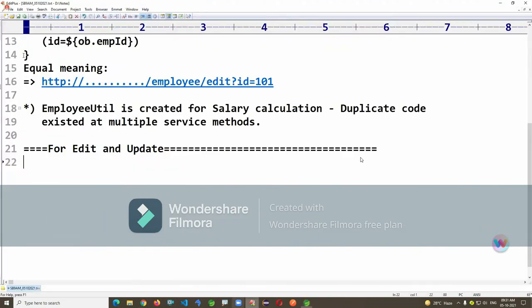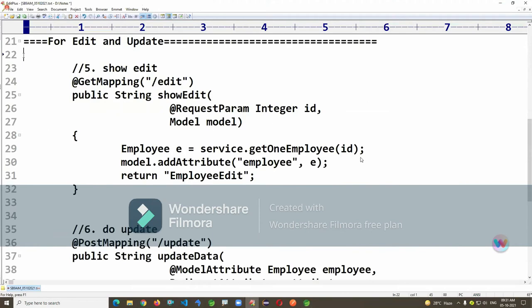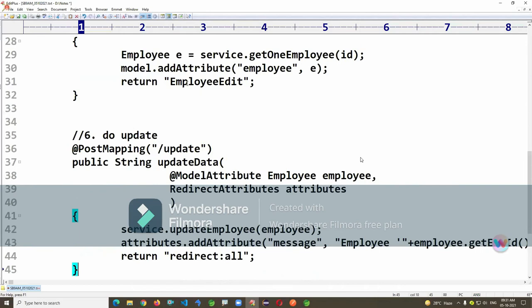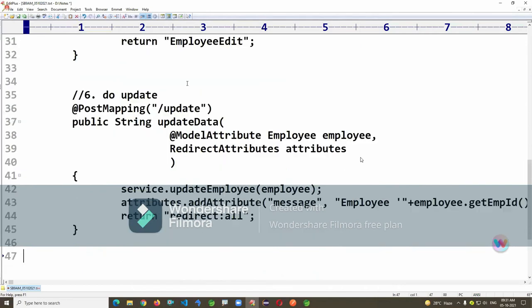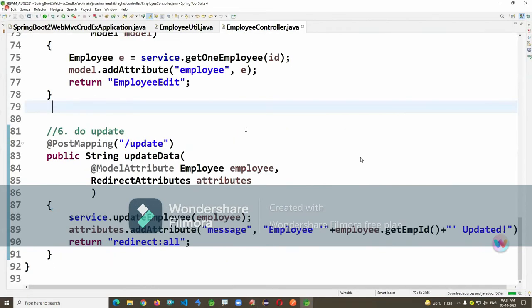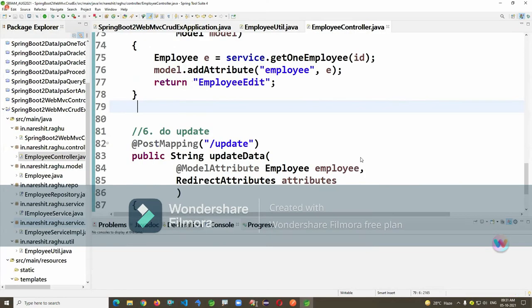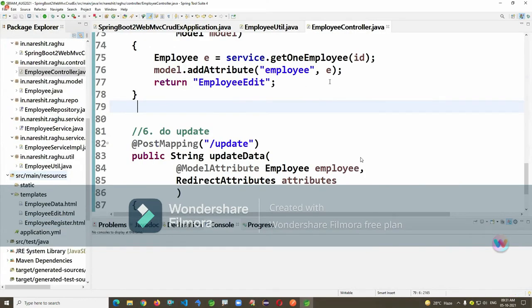Controller methods. And now the employee edit.html file we created. This is a bidirectional Thymeleaf form we created here. You can see th:field.